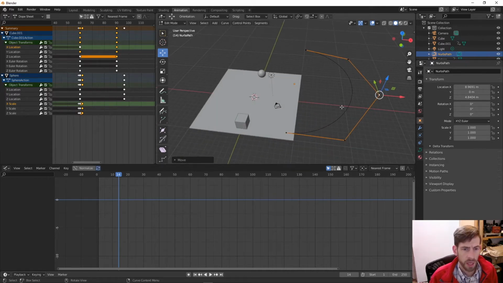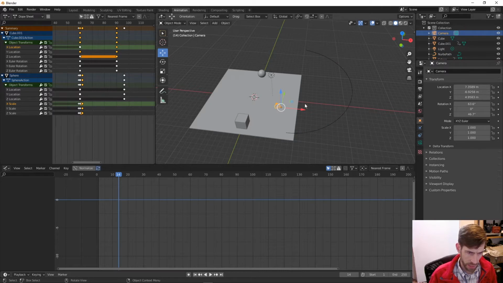Now I've got a curve set up, and one of the things you'll notice about the curve is it doesn't do corners or anything like that. If you want to do corners, then you want a regular Bezier curve where you have handles. For camera motions, usually you don't want that. You just want a nice smooth curve. So we're just going to use the path because it makes a nice smooth curve. It works really well with the camera. So now I'm going to get out of edit mode,